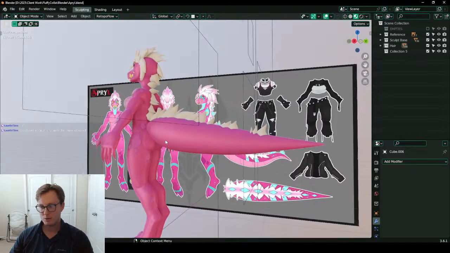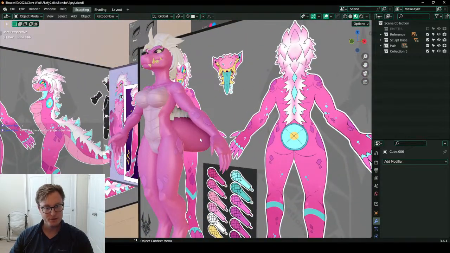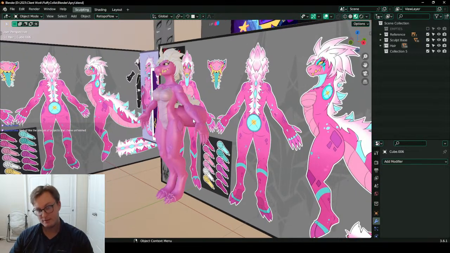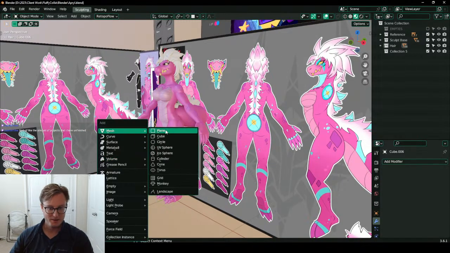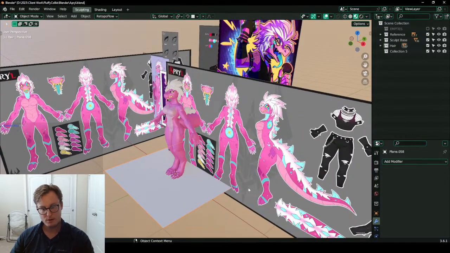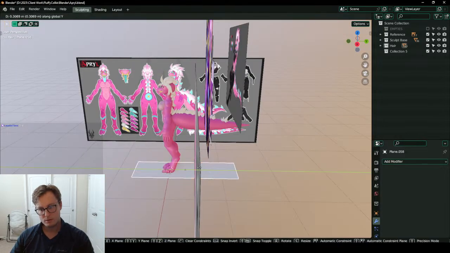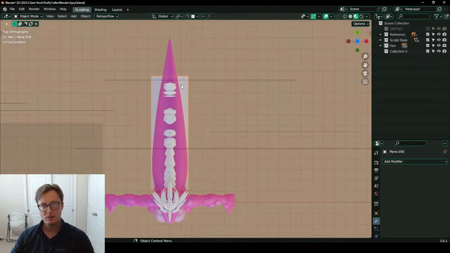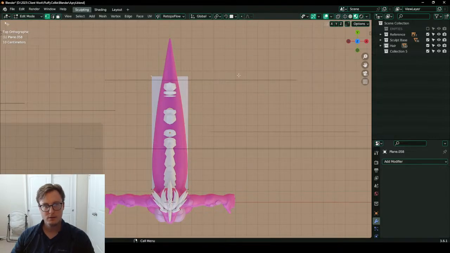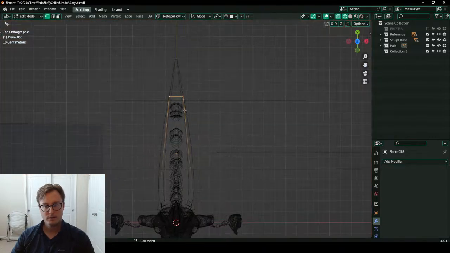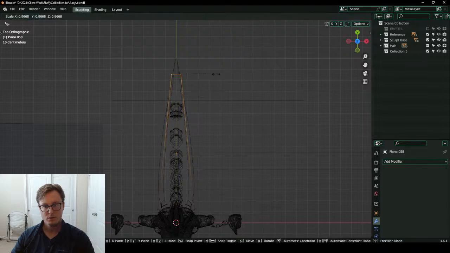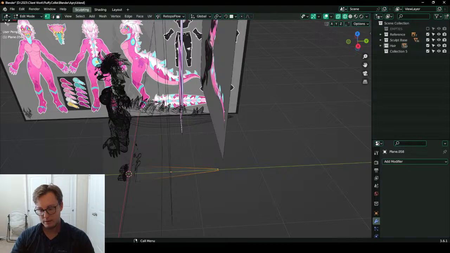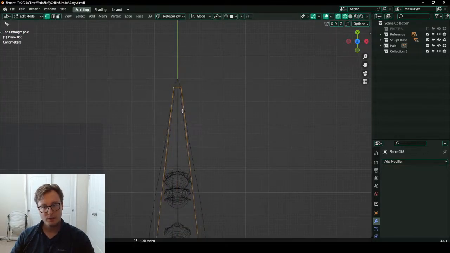Okay, I'm going to do one thing really quick before we go to lunch, which is get the scales on the underside of the tail. You know, the tail scales. I just want to say tail scale. But I do want to project this. So boom. I'll shrink it, move it. I'm just going to kind of match it to the size of this. How far does it go? All the way to the tip. All the way to the tippy.